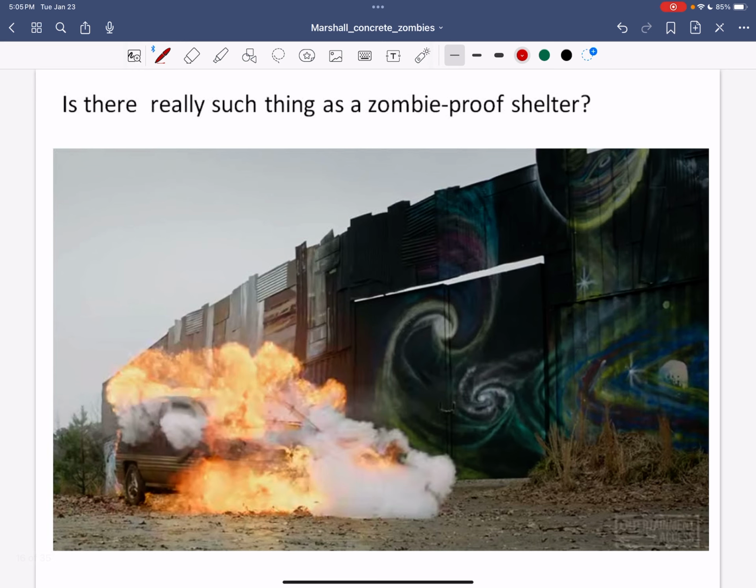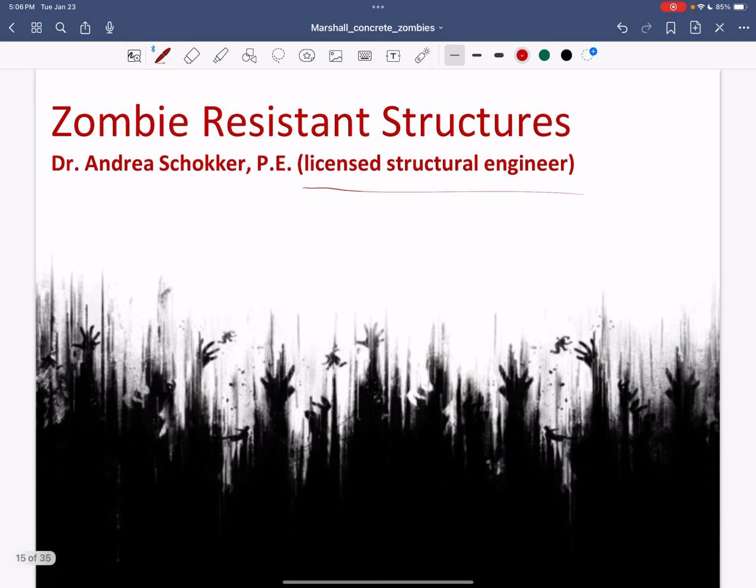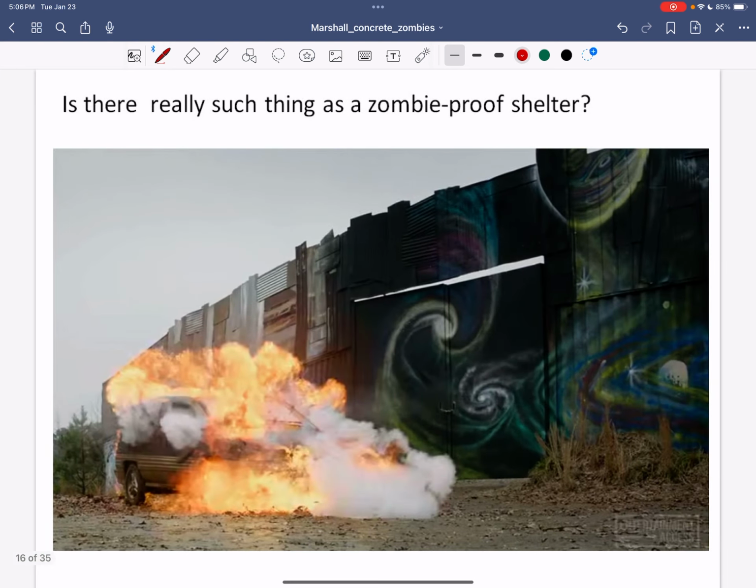All right, so first, I called it zombie resistant structures. I purposely use this word resistant because is there really anything that's zombie proof, right? We can make it as good as we can. This is true with earthquakes too, by the way. So we call them earthquake resistant. They're not necessarily supposed to be earthquake proof because it just costs too much money and we don't always know what the next earthquake is going to do to the structure.